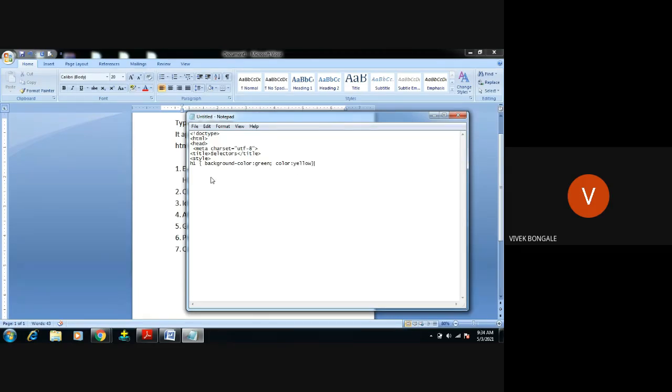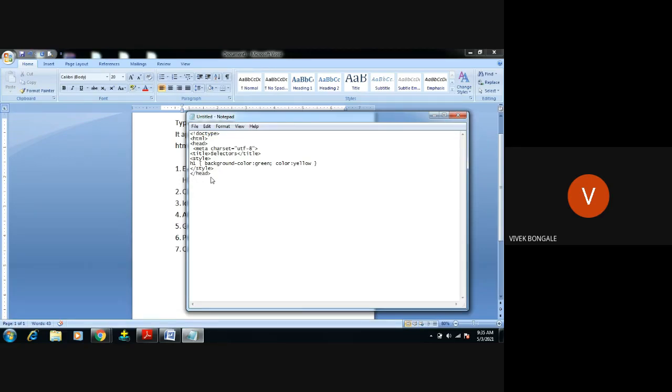I want to apply that specific style rule only on the H1. Next, close the style, then close the head.